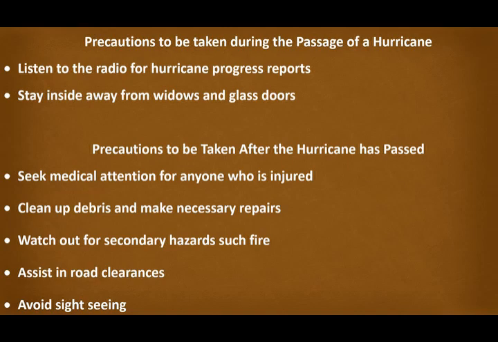So if you want to look to see whose mango tree blew down or coconut tree blew down, or that neighbor you don't like, if their roof is gone, so you can laugh after them, don't bother with it. Just don't go sightseeing. Just look after your place first before you go out anywhere.